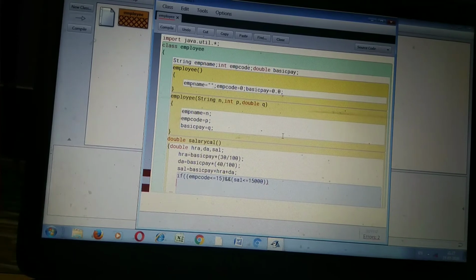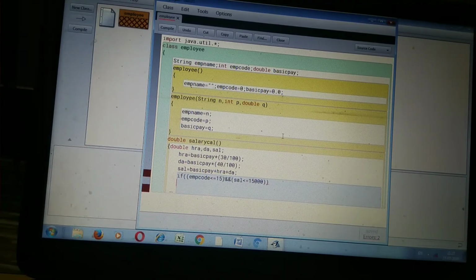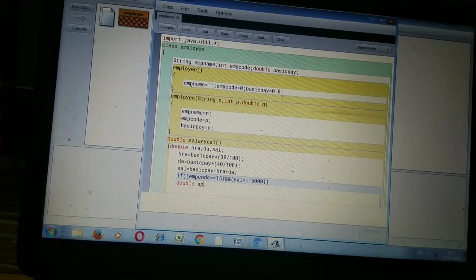Then if this condition is true, then special allowance, double SP. SP means special allowance.